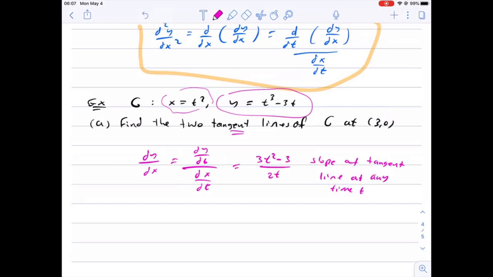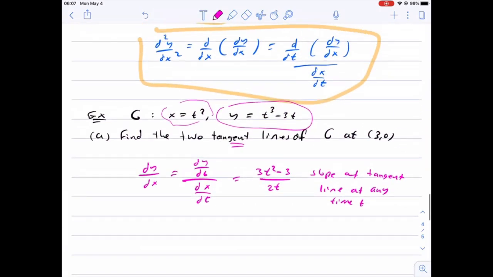Now, this point here is x and this is y. When x is equal to 3, we want to find the derivative at that point, at (3, 0). So when x is equal to 3, then 3 equals t squared, and that means t is equal to plus or minus square root 3. And then we find y of t. y of plus or minus square root 3